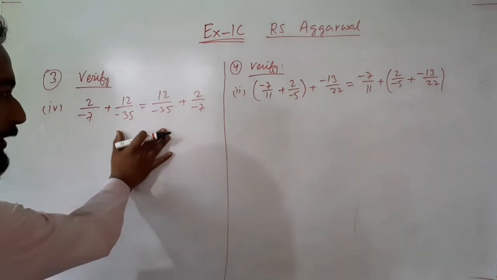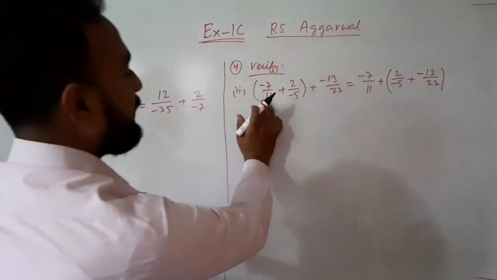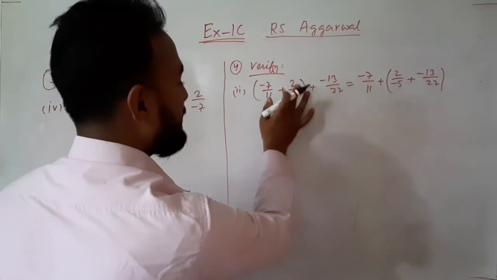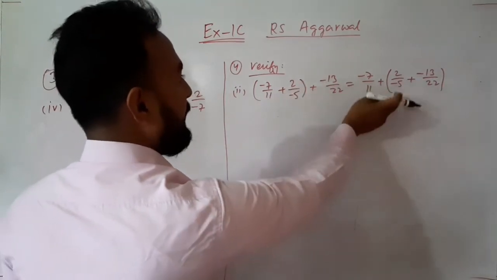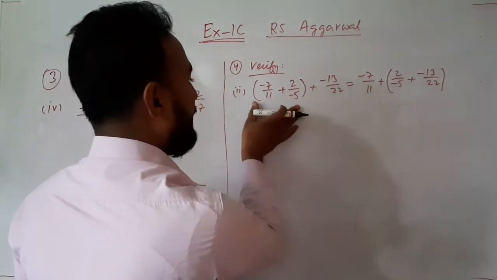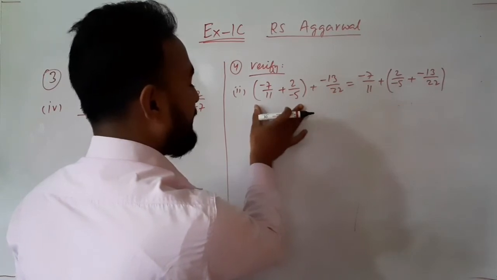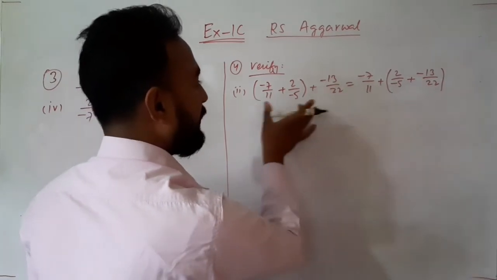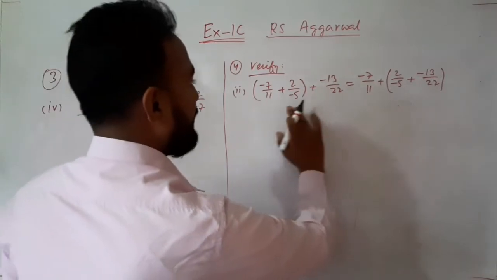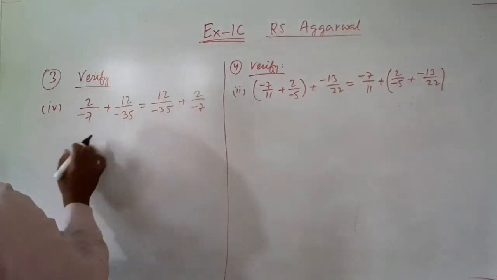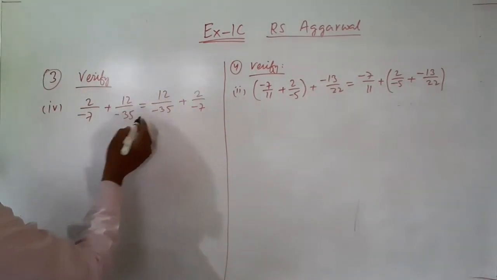This is your commutative law, okay? And this is A by B, C by D and E by F, A by B, C by D and E by F. Only here you have given the expression grouped in a different manner, okay? So this is your associative law. So let's solve. First take the LHS, okay? LHS is what?